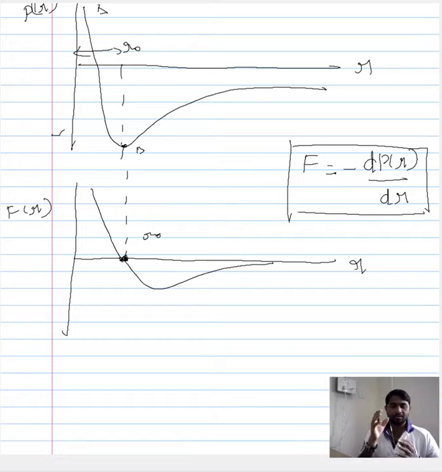So now what we have is, based on the interaction potential between the atoms, which is dependent on the positions of the atoms, we are able to get a plot which is the force experienced by the atom in relation to the change in the positions of the atom. So you have a change in the position of the atom, and this corresponds to a force, or the force leads to a change in the position of the atom, and that is what we have plotted here.